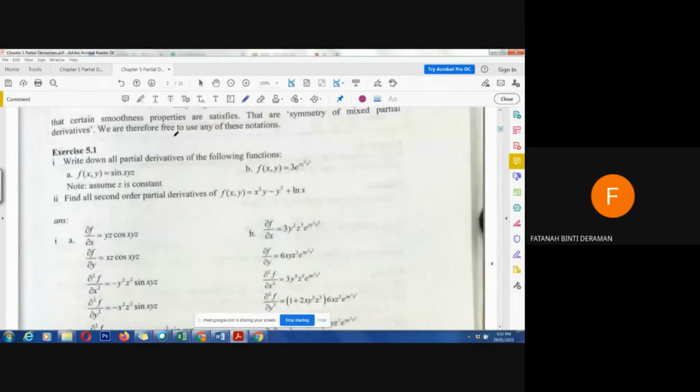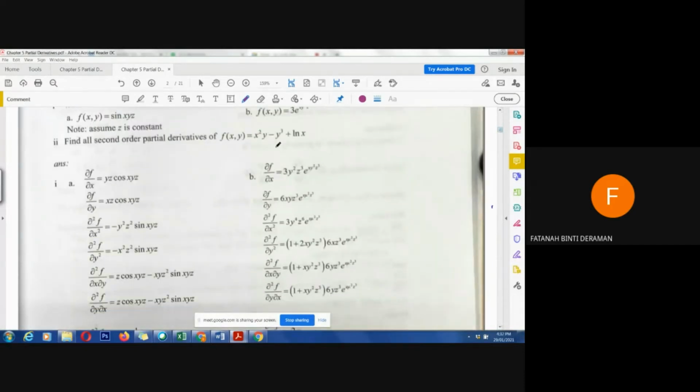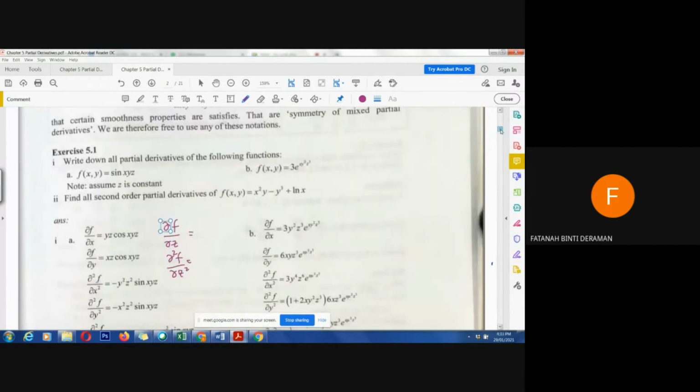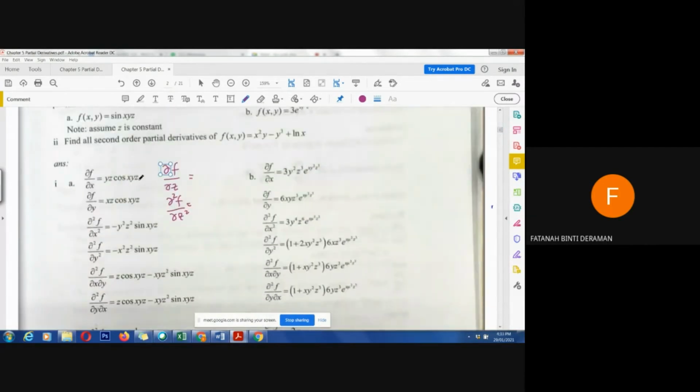Okay. Then here we also have an exercise, but here we have 3 variables, and they said to assume that as a constant. Actually, for the question we can also differentiate with respect to z. So what happens when we differentiate with respect to z for the second order, the second time? That is the process. Okay. So here, for the second order, once we need to differentiate with respect to y, first y.